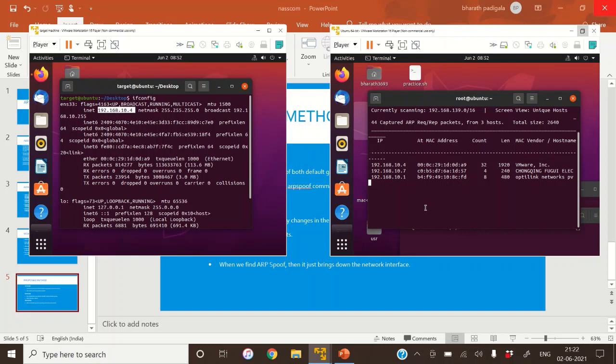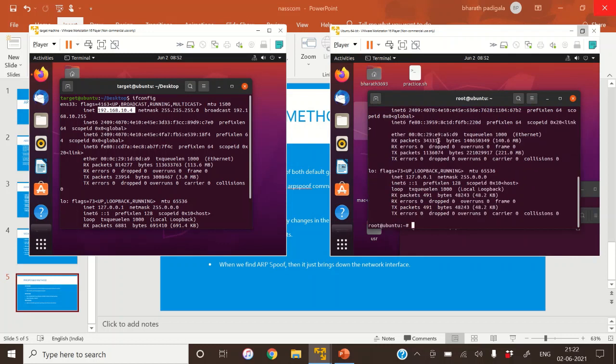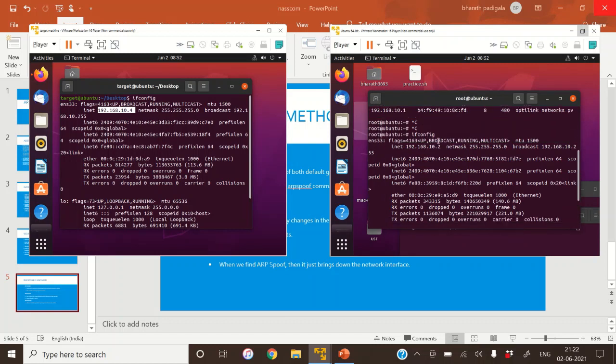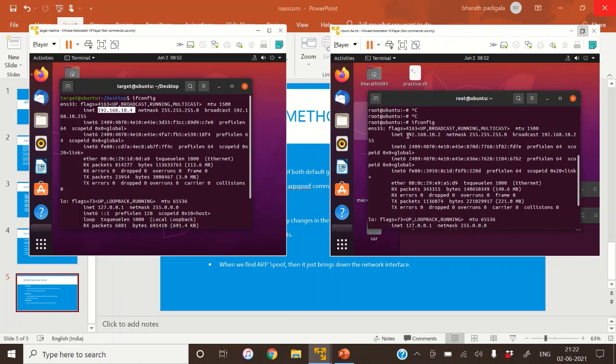Through ifconfig we will get the IP address of the attacking machine as well.